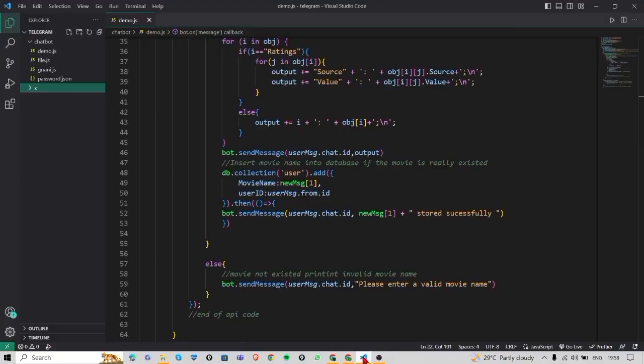Now to insert the movie name into the database, here we will use a keyword called new_movie along with the movie name. If the movie name entered by the user really exists in the real world movies, then the movie name will be stored in the database in the collection called user. And to store this data, or to insert the data into the database, here we use the add function which adds the data